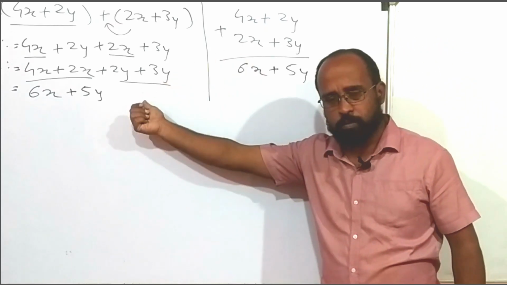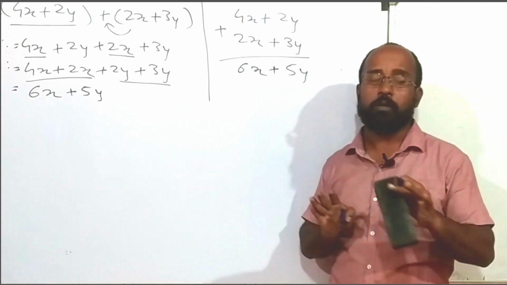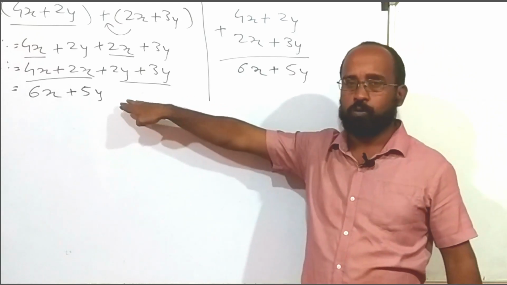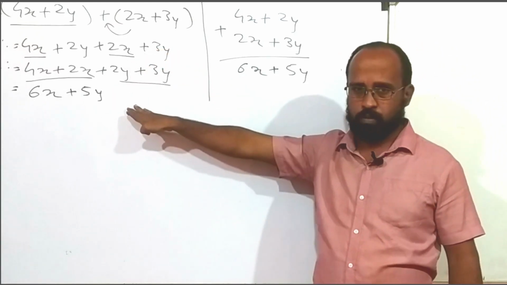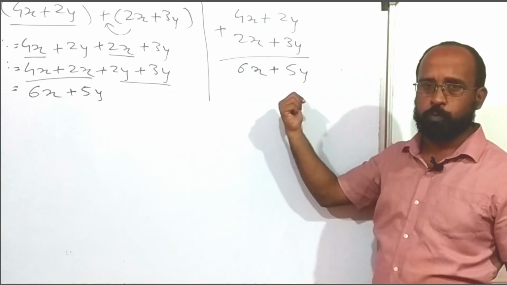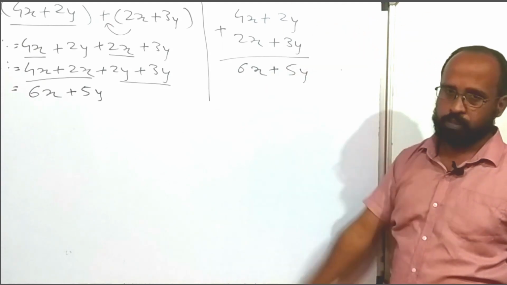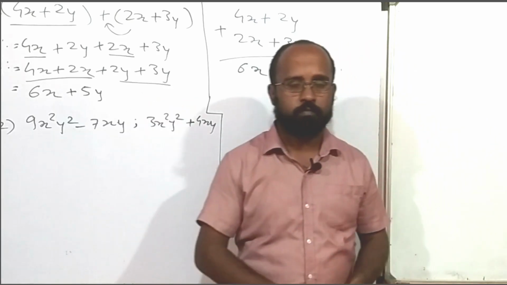Either you can use this method or this method. These are nothing but writing tactics. These are not different methods. Which one will I suggest? I'll suggest you use this one, because in multiplication we are going to use this one. It is most useful. This is useful while doing division also. I will show that at that time while doing division. Clear? So I will recommend using this one.